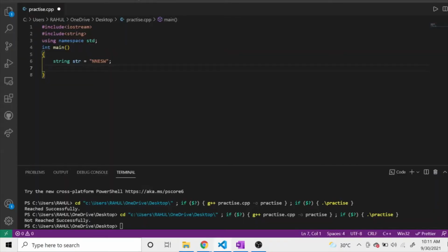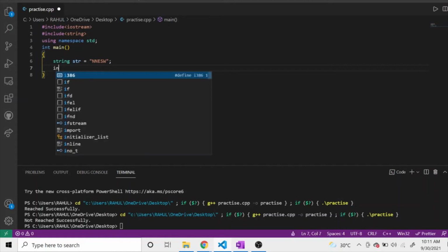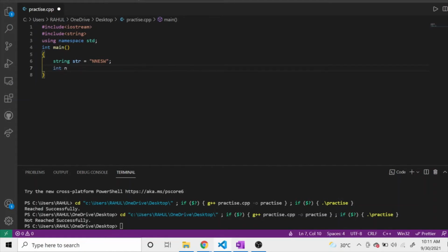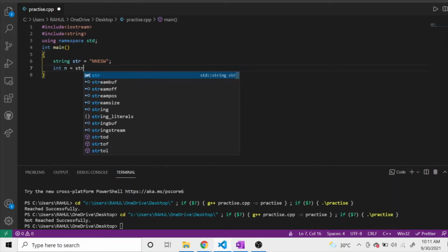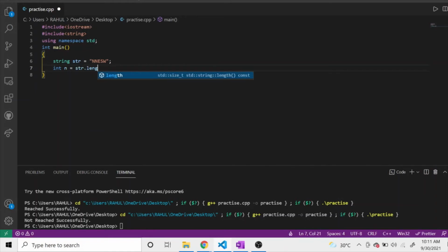So a string is given to us which consists of north, east, south and west. Now let's start writing the code. First of all, we will take how many characters are there in this string, so for that we will use str.length.